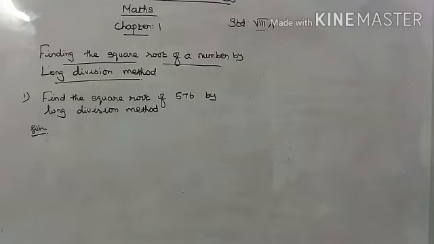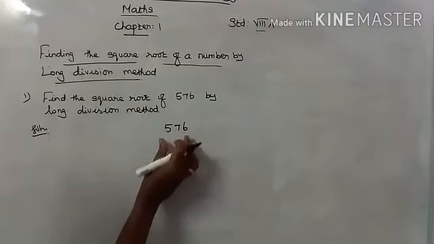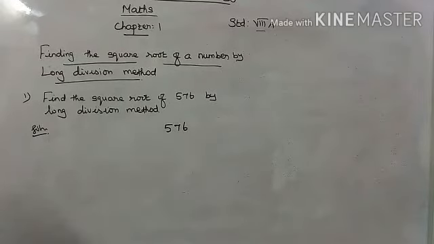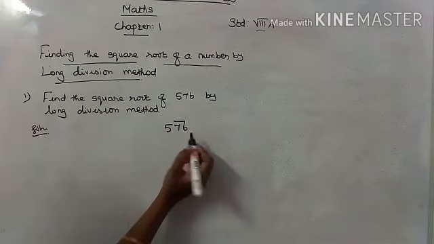Okay, now turn to your book, page number 30. Some of the steps are given in your book. You refer to it first. Step 1: Group the digits in pairs. Listen, 576. You group the digits in pairs, starting with the digit in the unit place. So this is one of the pairs.